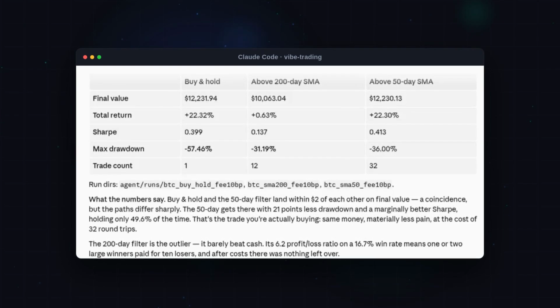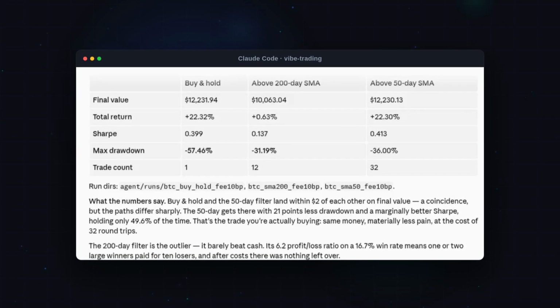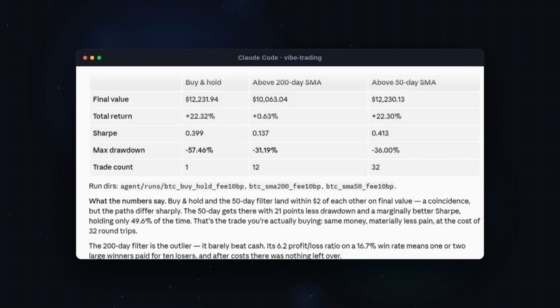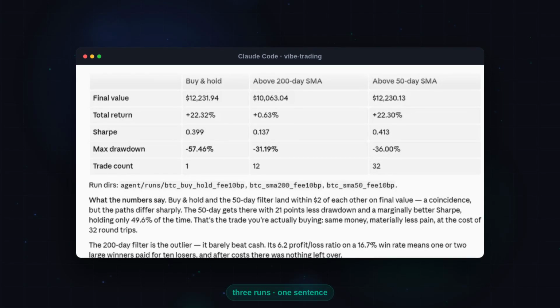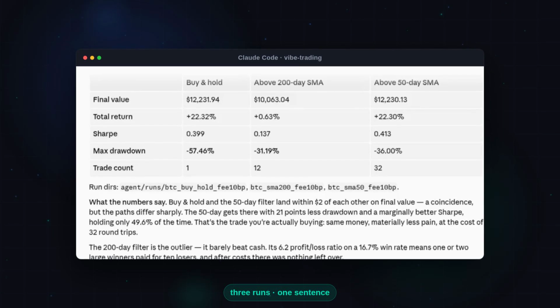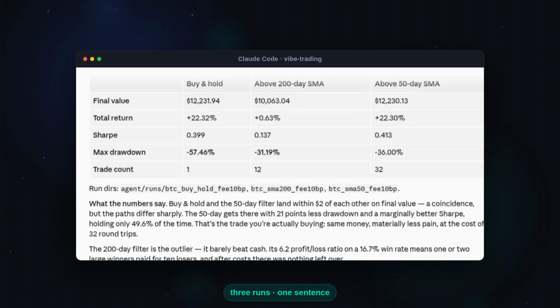And the 2 filters land in completely different places from each other. What you conclude from that is your business, and it depends entirely on settings I will come back to. The point is the cost of asking. Setting up a 3-way comparison took 1 sentence, and all 3 runs are sitting on disk afterwards for you to